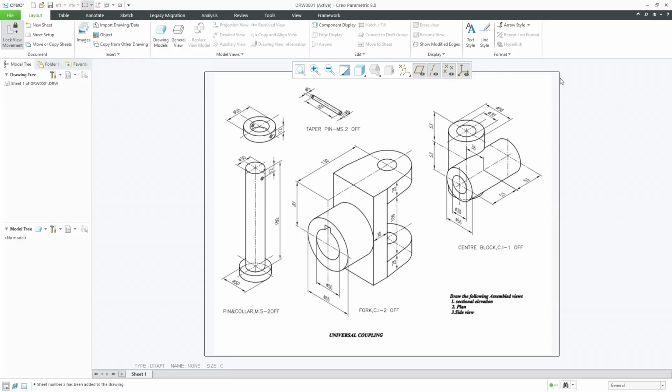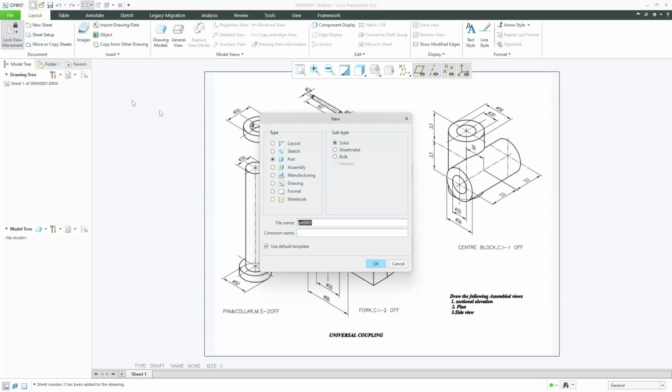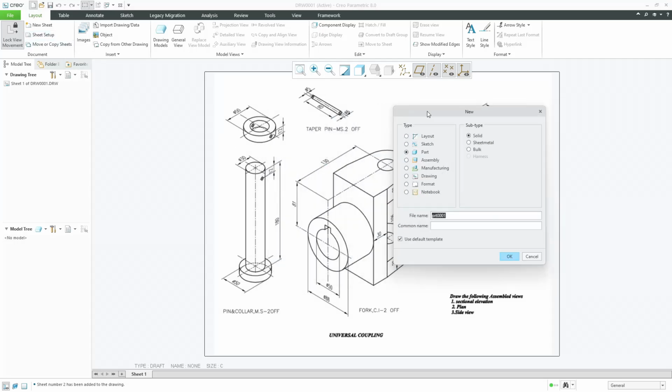So as on the screen, you can see a 2D drawing of the universal coupling where we have all the parts individually. I'm going to use this drawing as a reference for us to create the universal coupling, and we are going to start the CAD models. Let's begin. First I'm going to click on the new command and create a part. The first part I'm going to create is a fork, which is made of cast iron material, and the quantity required is 2. So let me create a fork here,